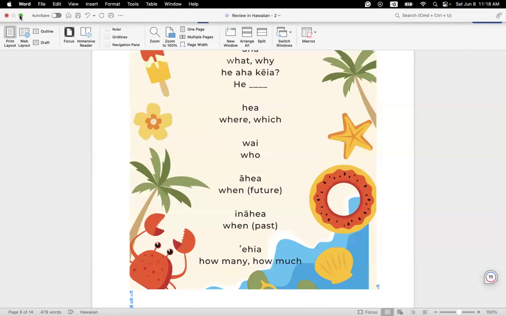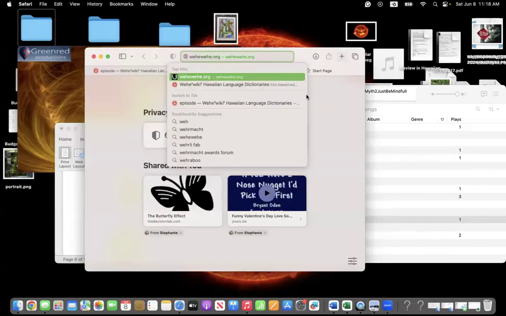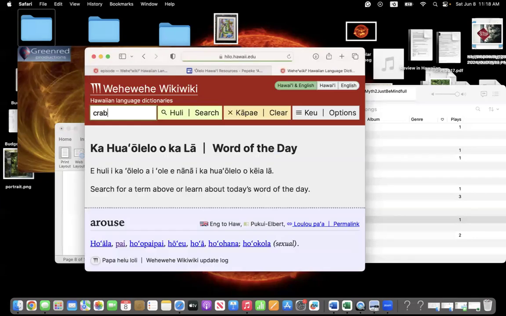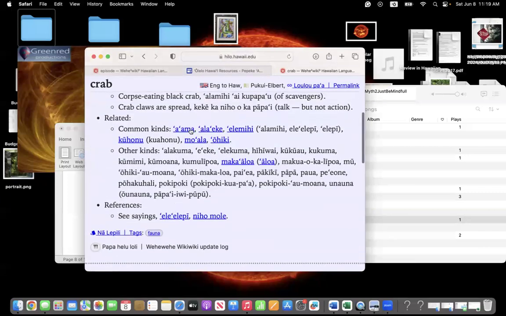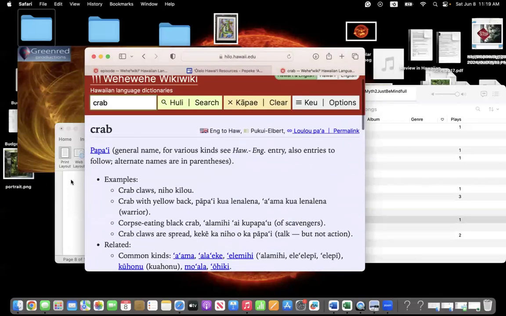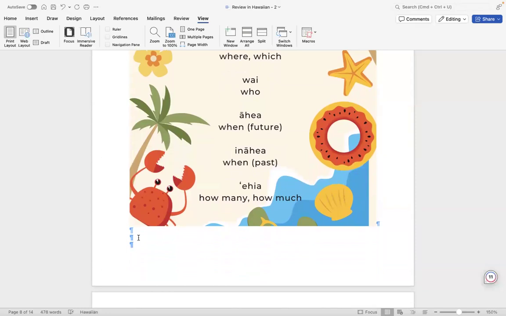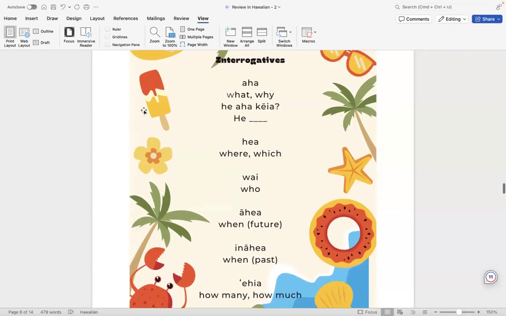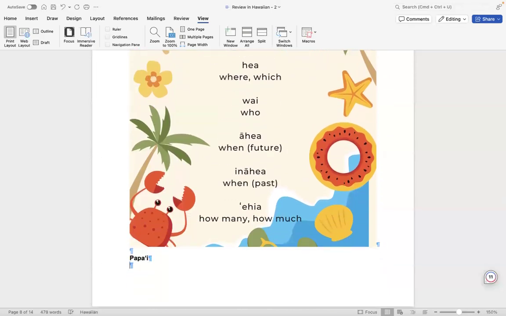So let us do this where we are going to go to vehe viki so I can show you how this works. And we can look up the word crab. It's a general name. There's a lot of different words for crab. Tons of them. But we'll just call it a papa'i. He aha kēia. Papa'i. And then what I could do for myself here, I'm going to make a note to myself, is to make a note of the words that I don't know. Like, how do you say popsicle? That looks like a popsicle. And so I'm going to put here,